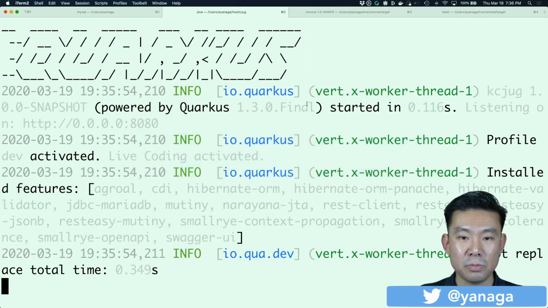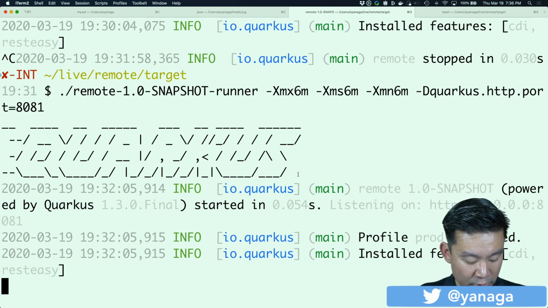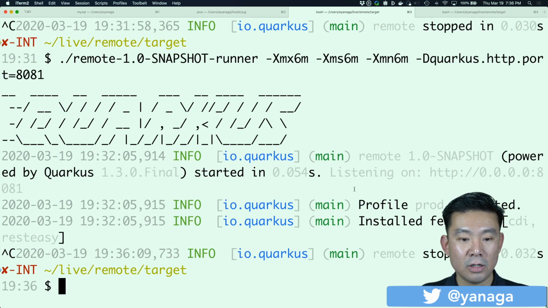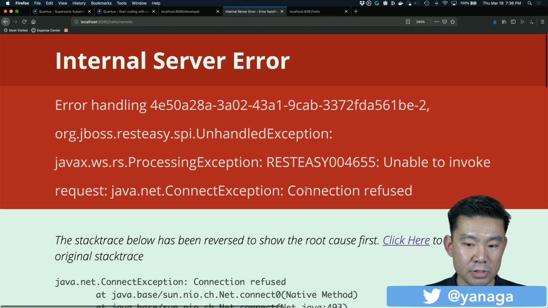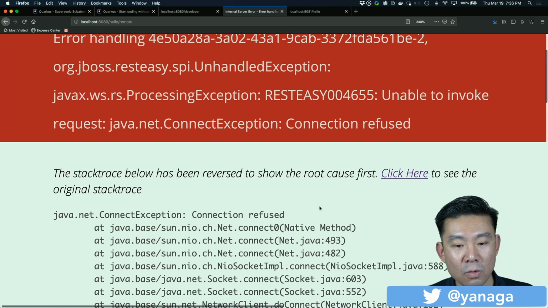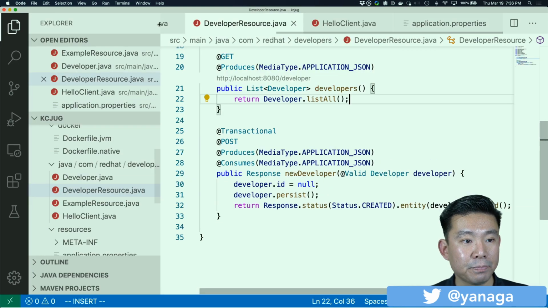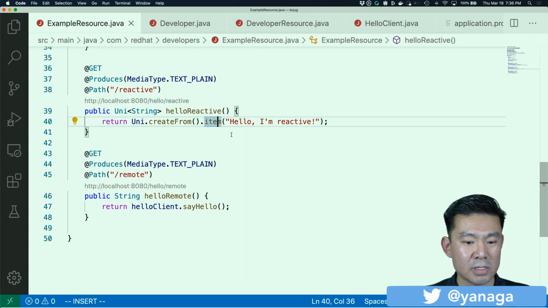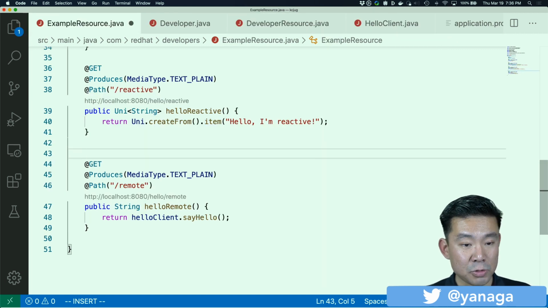Just to be sure that it is invoking the remote endpoint, if I stop this other server, go back here and refresh, I have an exception: connection refused. How do I protect my code from remote failures? Well, meet fault tolerance. That's why I like to show the fault tolerance API, because it's very easy. Suppose this method has an exception from a remote method.